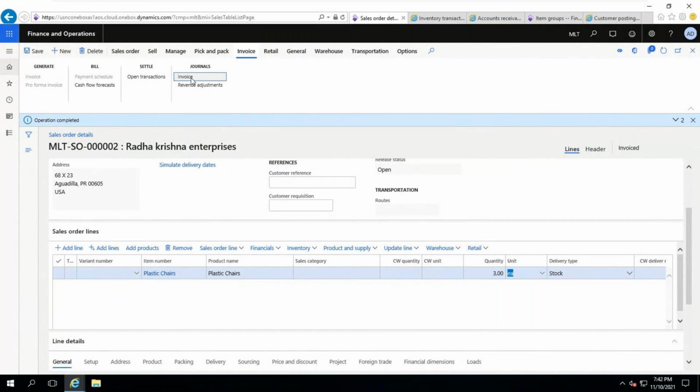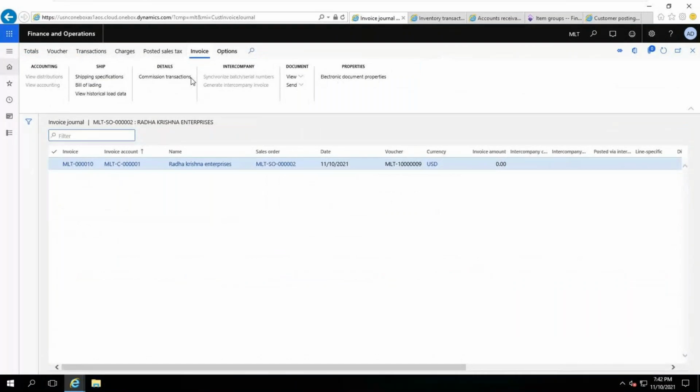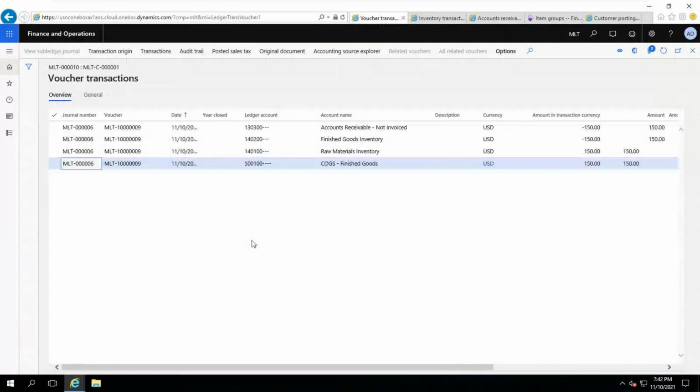Tomorrow I will show you vendor invoice, vendor payment. In the vendor invoice also, invoice journal. I will show you vendor payment. I will show you customer payment. I will show you all those things in the new company. If you verify the voucher, it is